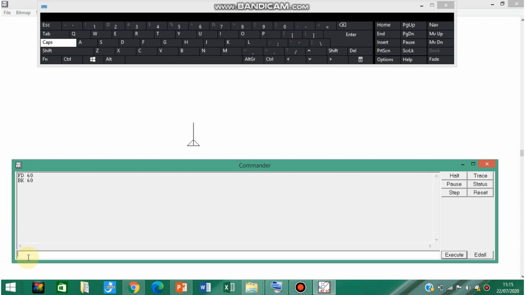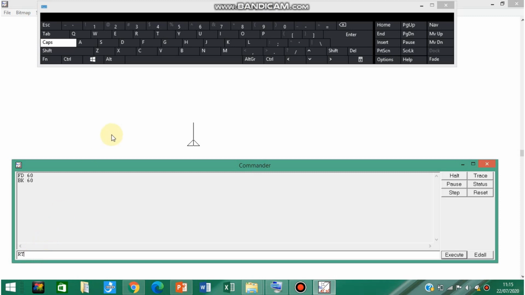Now the next command is right. In logo language, to make it easy, you will write it as RT. Just remember these short forms and it will be very easy to use these commands. It is important, so you will not complicate your commands and you will save time.